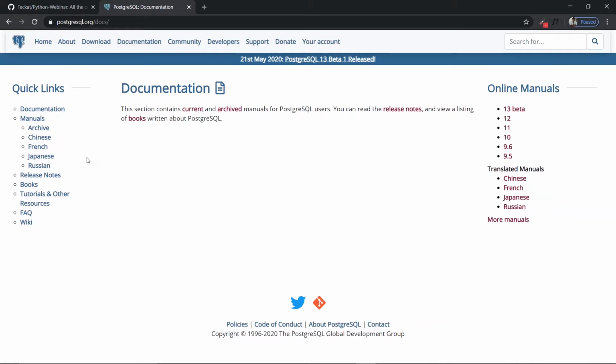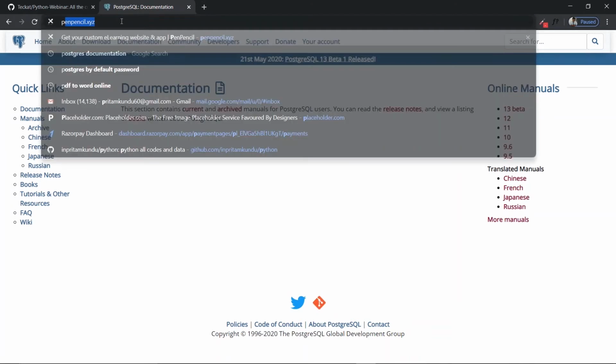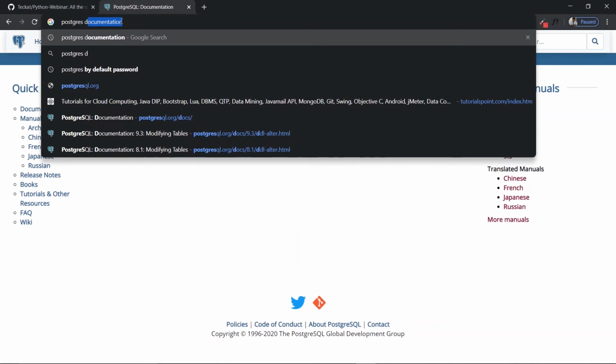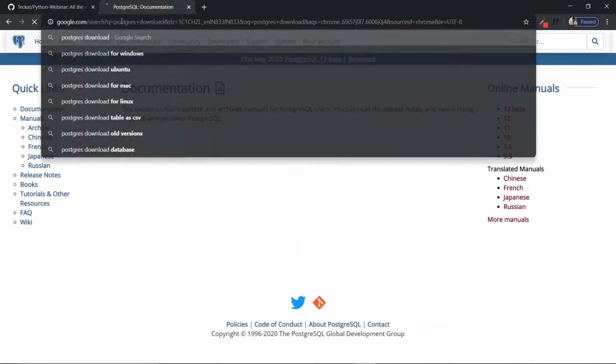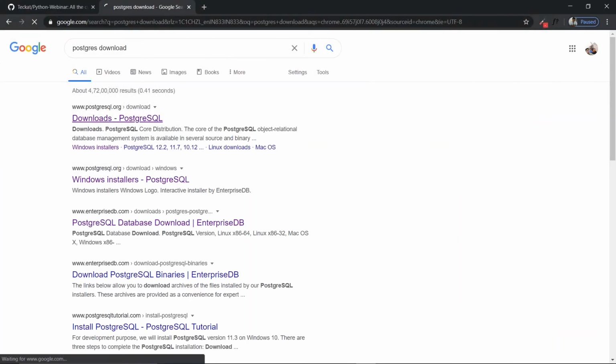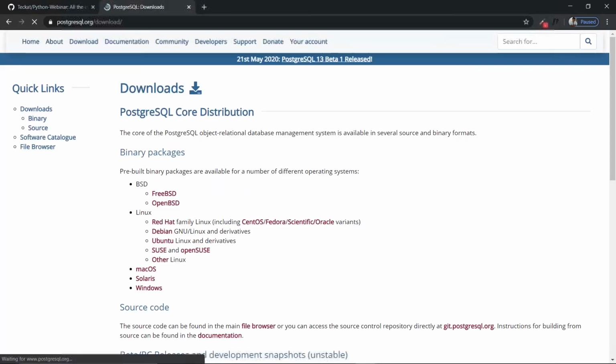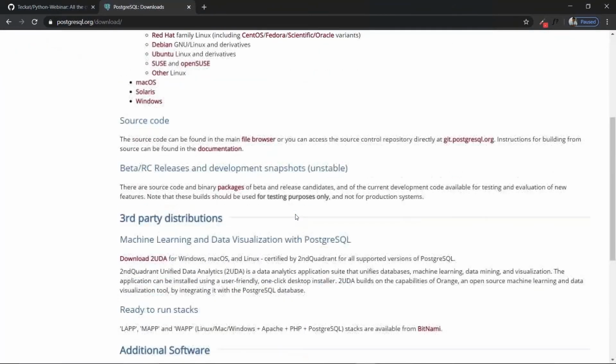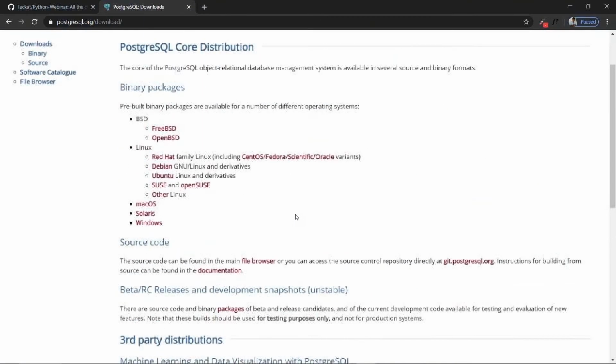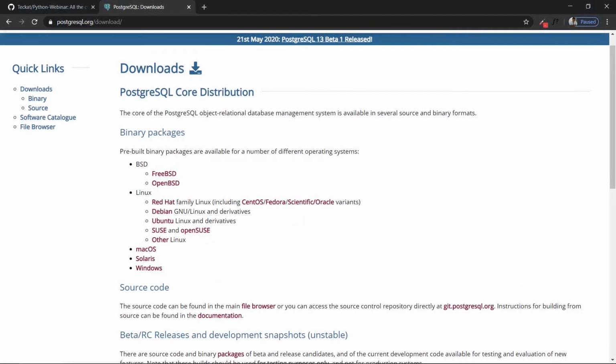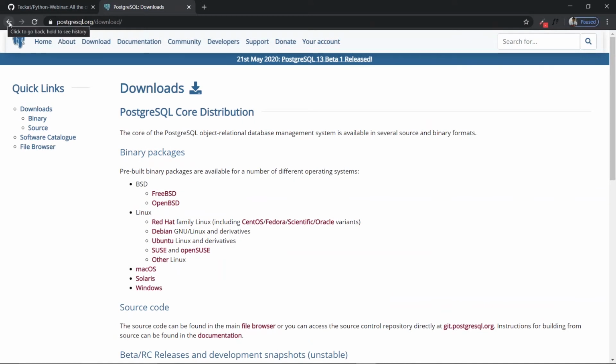So we have different ways of getting it. First of all, write down the steps for how to install Postgres. These steps are really very important. First of all, you need to download Postgres from here. You will find a download option. For Windows, for Mac, everything will be over here. You just see it and download it.